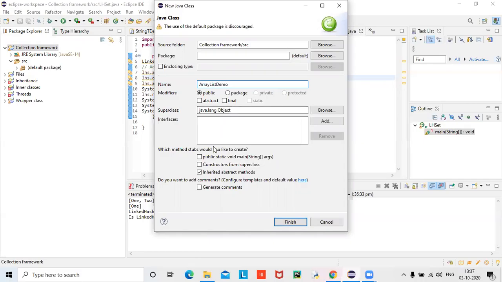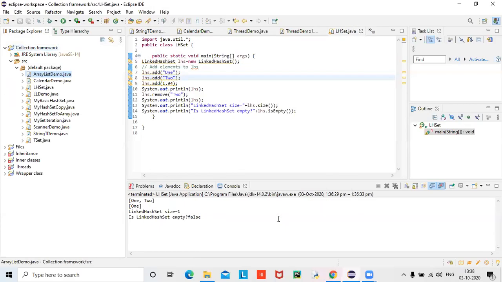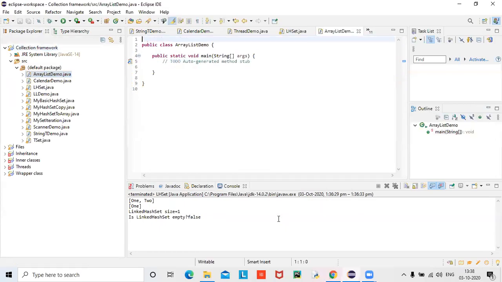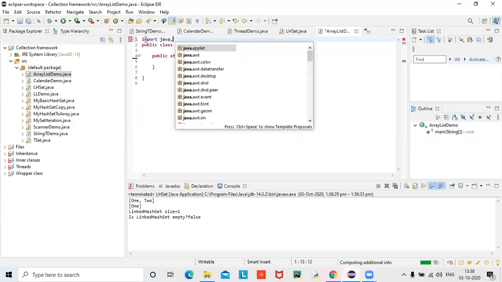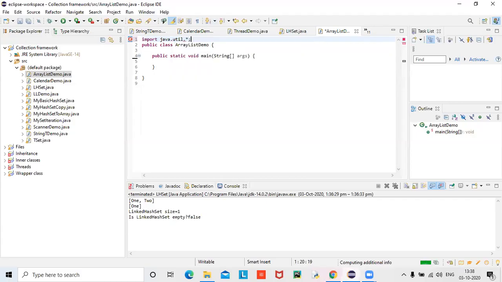Inside that, the main method is also present. First job is importing that: import java dot util dot ArrayList. Okay, fine.